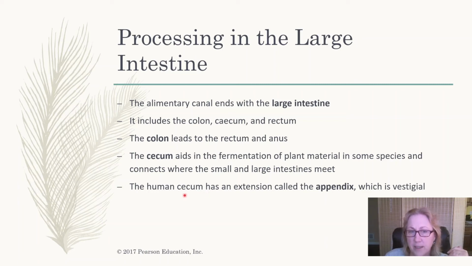Our cecum is mostly completely shriveled up, and that's what we call the appendix, and it's considered vestigial. It's a vestigial cecum. So a vestigial structure is a structure that was used in an ancestor, but isn't used in the organism in which we currently find it. So we have several vestigial structures. One of them is our cecum, which is the appendix,